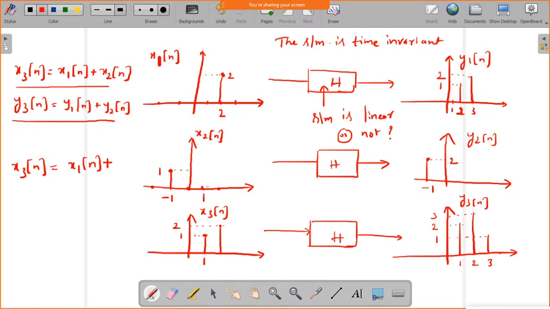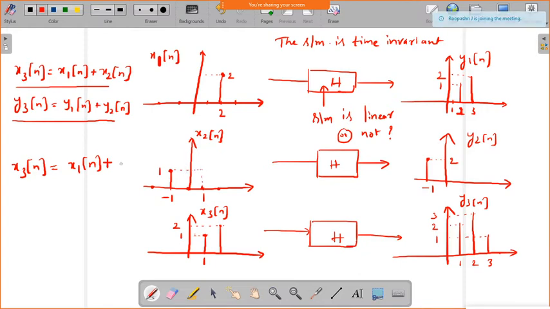It is shifted by right side 2 units. This is minus 1, 0 and 1. So if you shift the x2 of n, can we make it reflected also? Yes, you can make it reflected also, that is x2 of minus n, you can do that also. Okay, that is also possible. So for this you can take that also or this also, both you can verify.